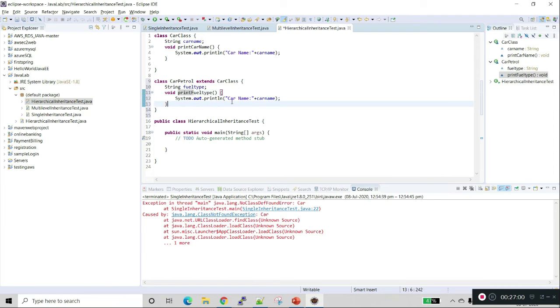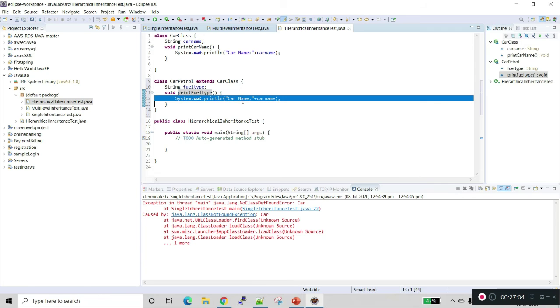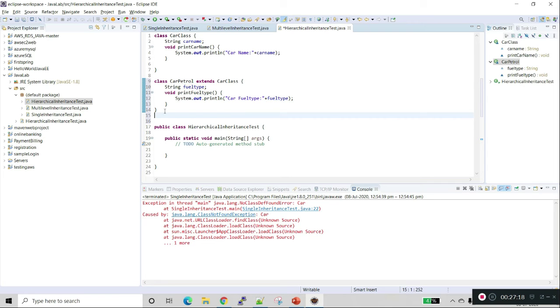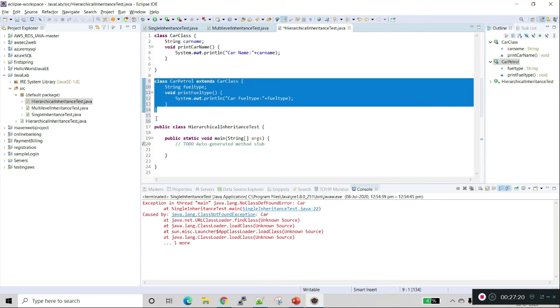I'm printing the fuel type. Like this we can create multiple subclasses.